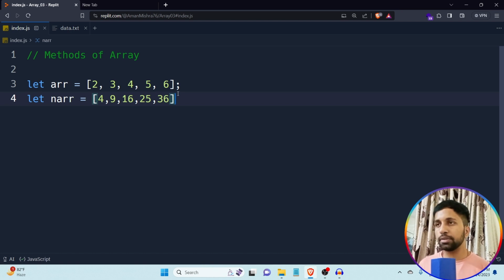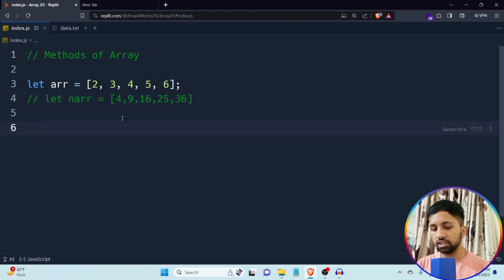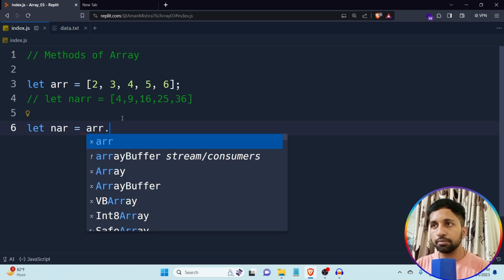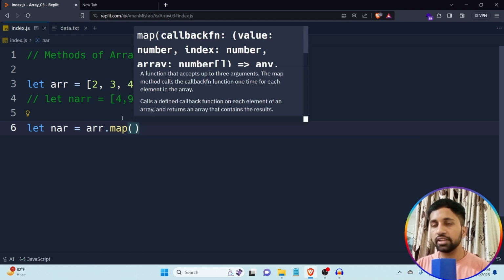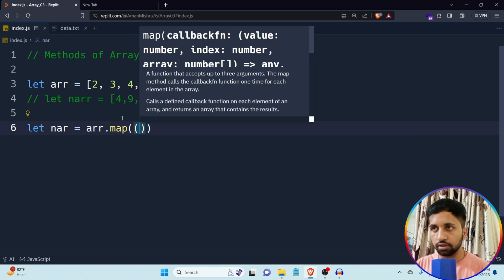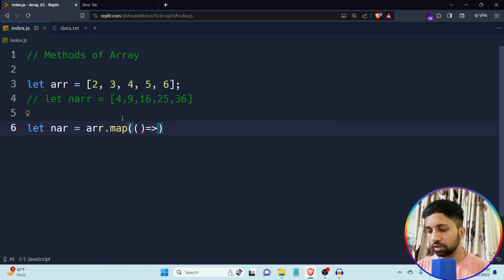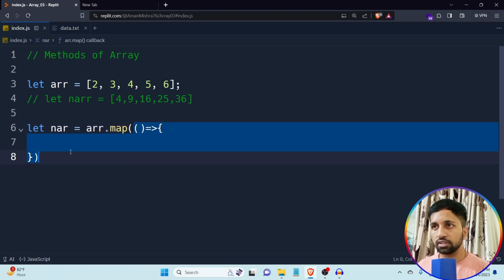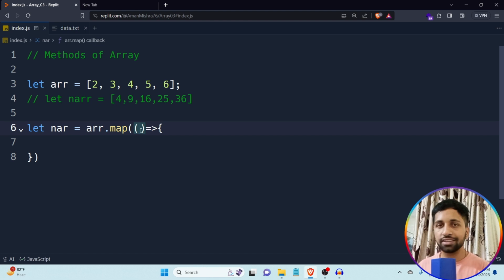Okay, so I just simply want to comment this line. Now I am creating a new array. Let nrr is equal to array name, then dot map method. In that we have to pass a callback function. I'm simply creating a callback function like this. Okay, this is a callback function. Which callback function? This whole part is a callback function. And this callback function contains three arguments. First is current value, second one is current index, third one is array. So I'm just putting the current value, only one argument which is required,